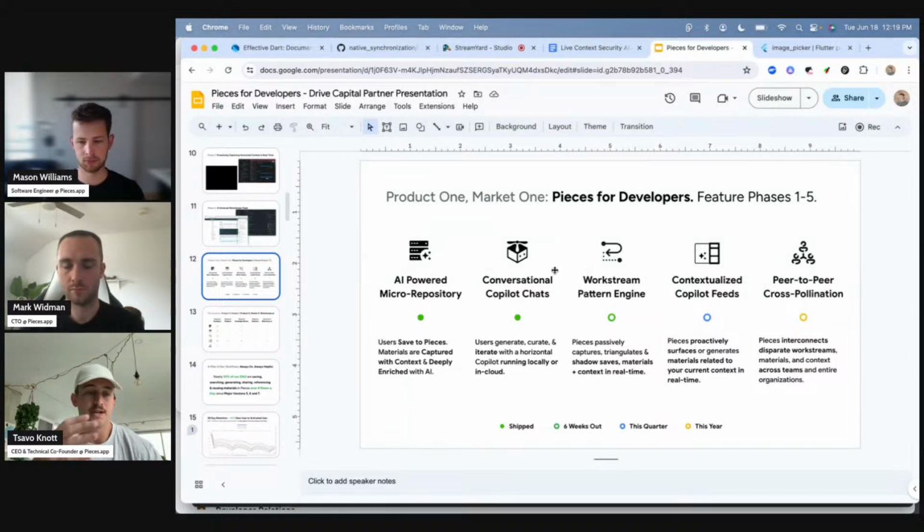But phase 1 and 2, pretty simple. You've probably seen a lot of that stuff. Phase 3 is something that is not so simple. We've been working really hard on it, and getting this to work in real time on device across macOS, Linux, and Windows has been challenging, to say the least.